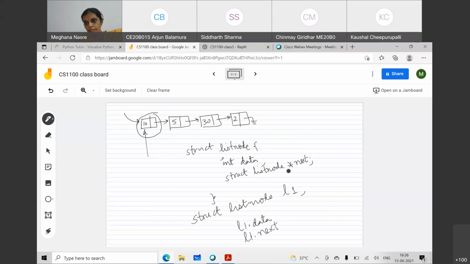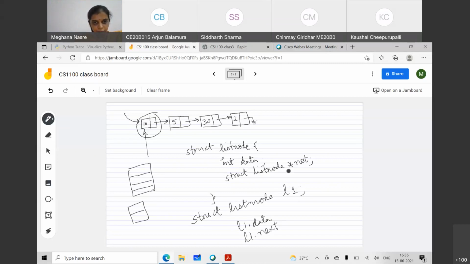So one of the questions is, can you explain what does L1 dot next do? Okay, so whenever I define a structure, I'm defining some aggregate box, right? I'm saying that this part is an integer, this part is a character array, this part is something else. In a similar way, I have said that I have a box which has only two elements.